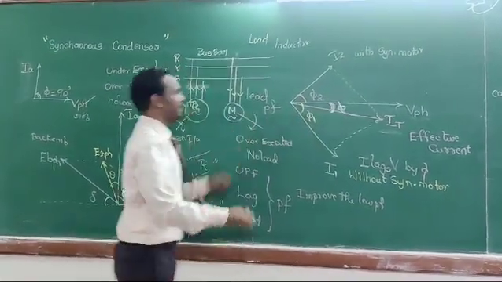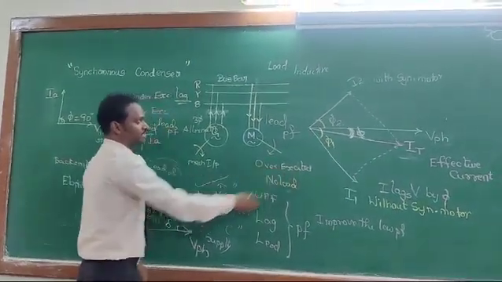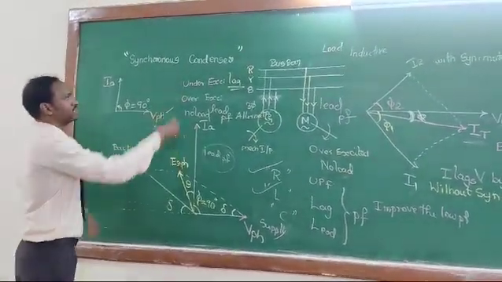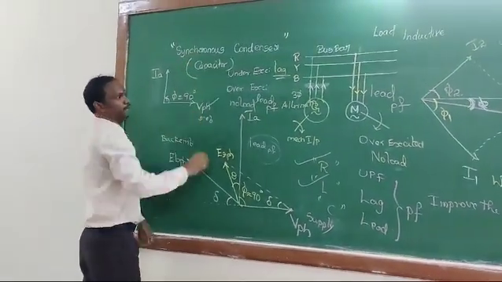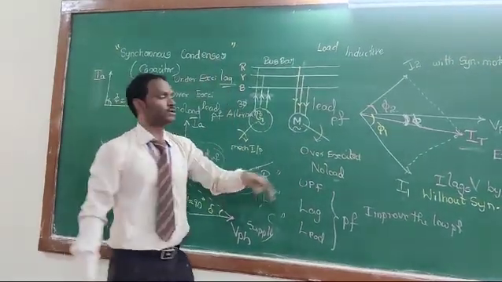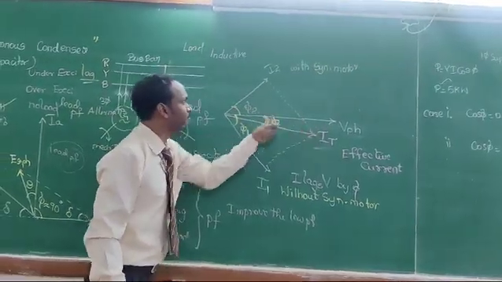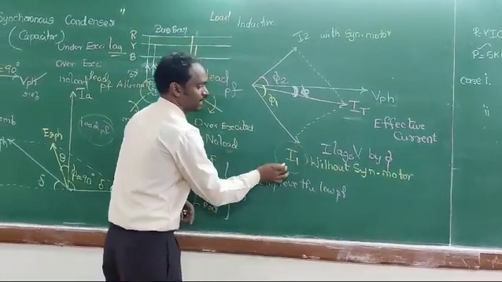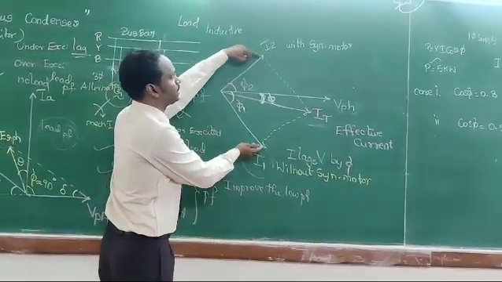So by connecting a synchronous motor under no load with over excitation, it will act as a synchronous condenser. What is the meaning of synchronous condenser? Condenser is nothing but a capacitor. So the synchronous motor is acting as a capacitor, and we know that a capacitor means a leading power factor. That's why the current I2 leads the voltage by an angle of phi 2, where I1 is the current without the synchronous motor and I2 is the current with the synchronous motor. The phasor addition of I1 and I2